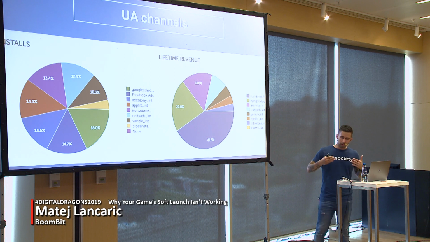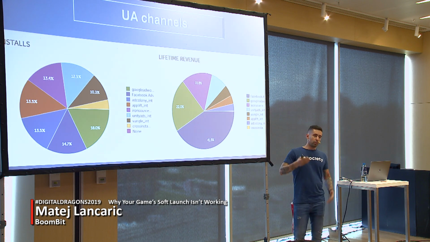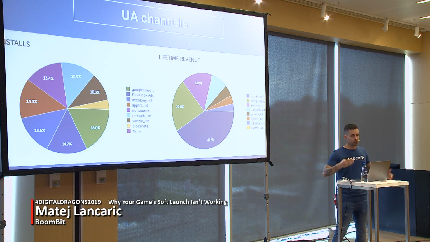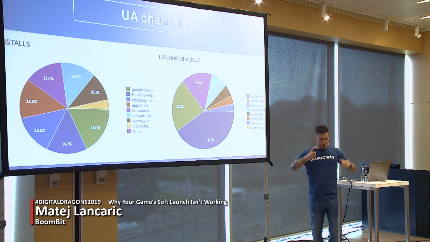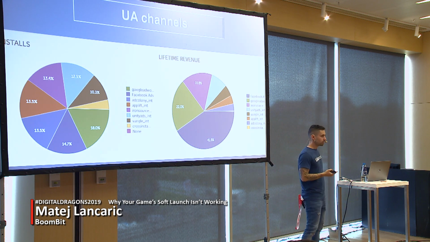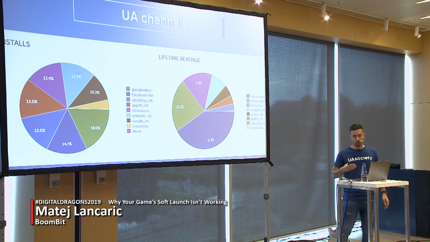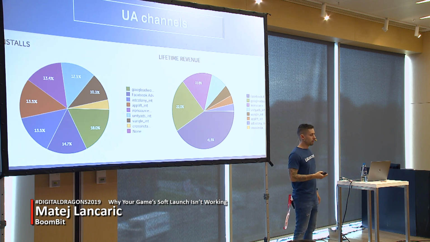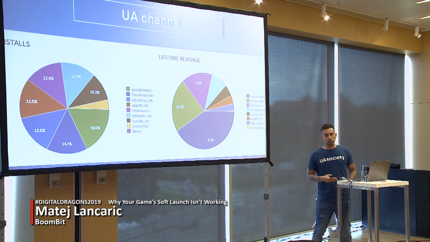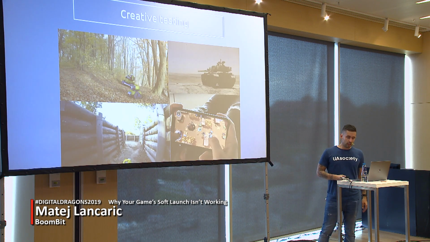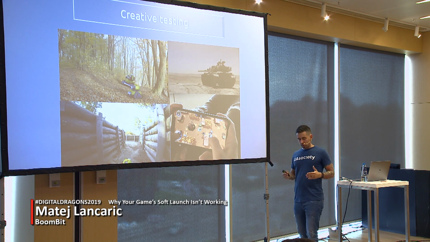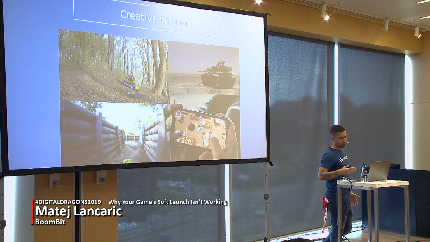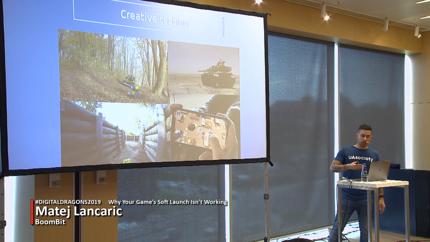But not only Facebook, in the monetization stage you are taking a look at the different UA channels, Google UAC, and other ad networks, so you know what is working before going global. And before going global, you have to be sure that you're going with these best performing channels. But UA channels, that's one thing that you need to test. But also, let's take a look at the creatives we were testing for tanks.